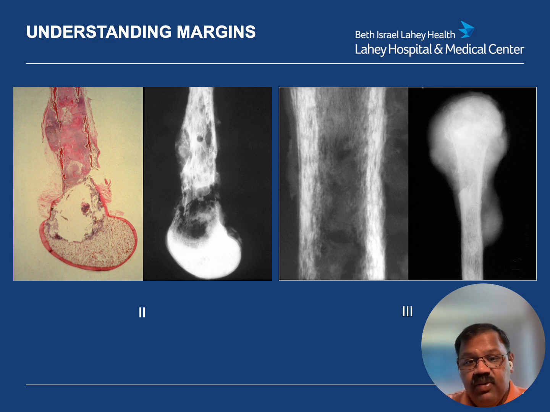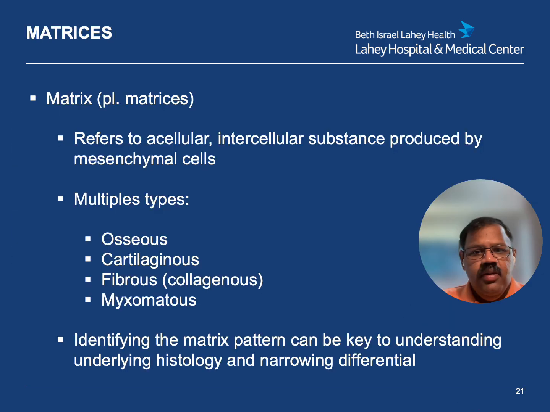On the right here, we have an example of a permeative margin. Examples of these are usually malignant bone tumors, including metastatic disease and osteosarcoma. There's no clear distinction between normal trabecular pattern of bone and lesional tissue. And you can see that the margin is very permeative. There's no clear distinct border like we see even with type 2 margins, again indicating a very infiltrating, marrow replacing process. So now that we've had a chance to really review the margins, let's talk a little bit about matrices,